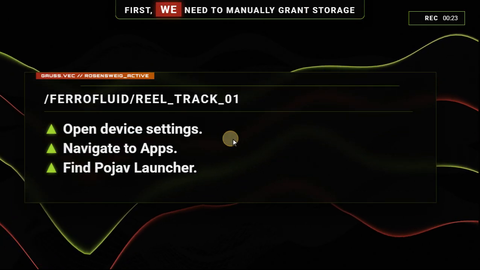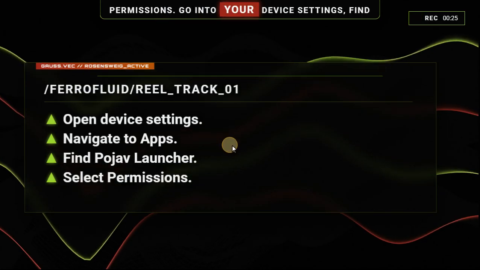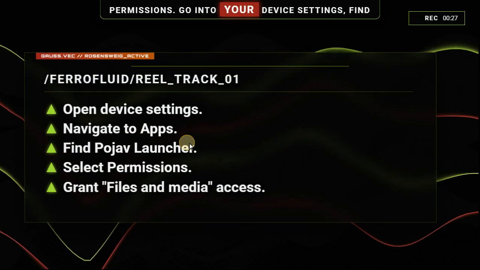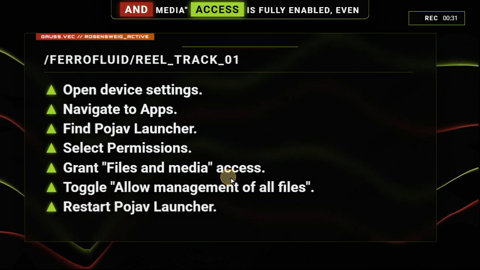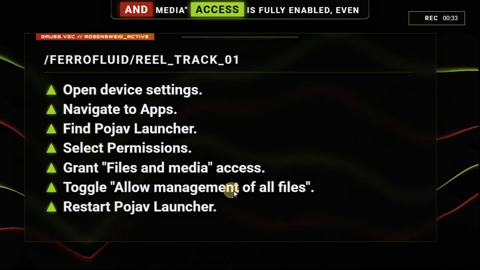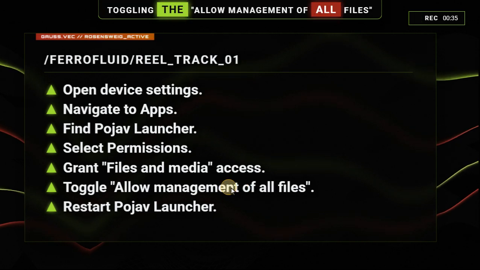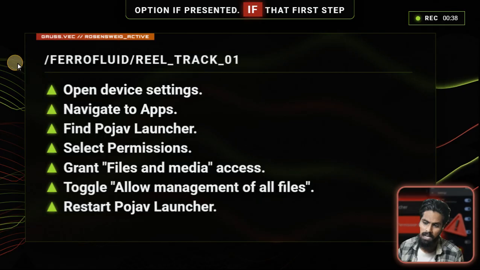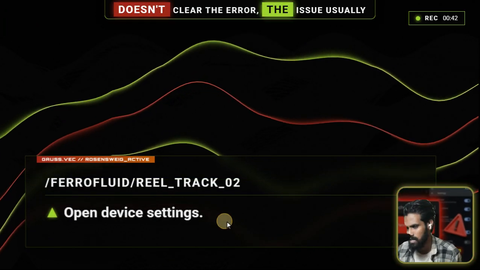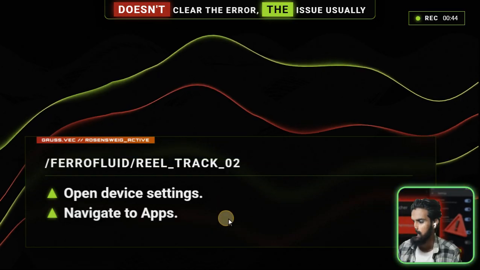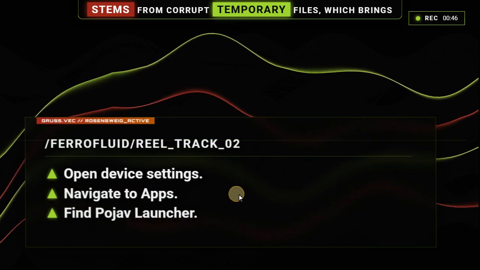First, we need to manually grant storage permissions. Go into your device settings, find the PojavLauncher app, and ensure that files and media access is fully enabled, even toggling the Allow Management of All Files option if presented. If that first step doesn't clear the error, the issue usually stems from corrupt temporary files, which brings us to